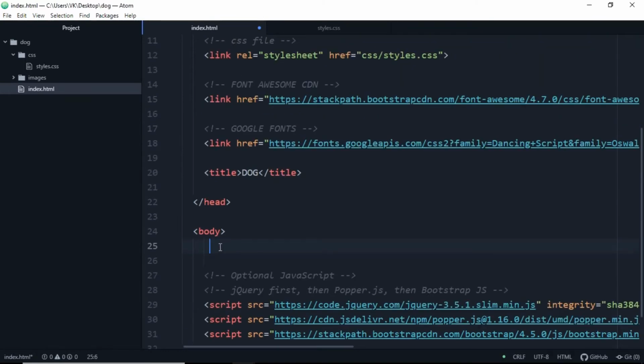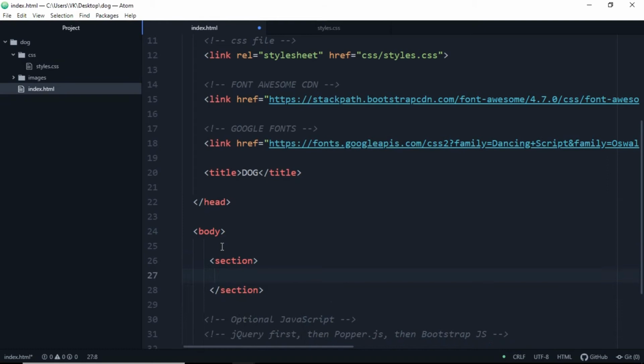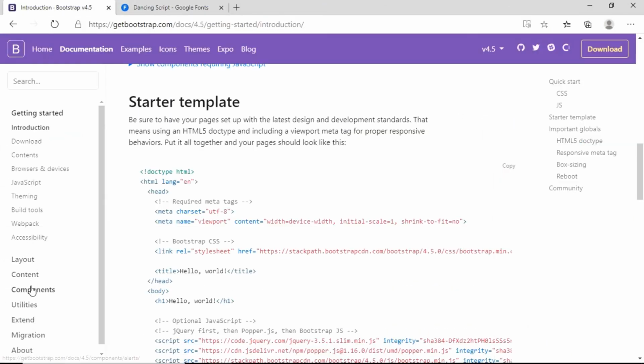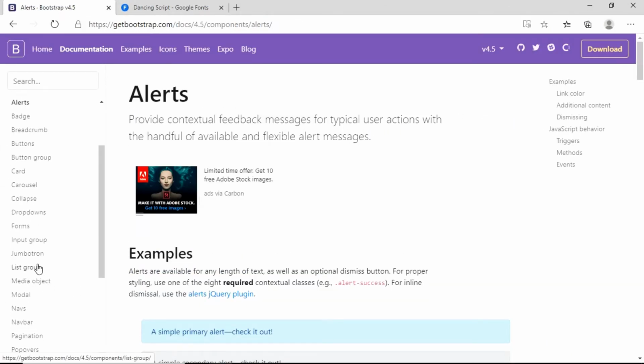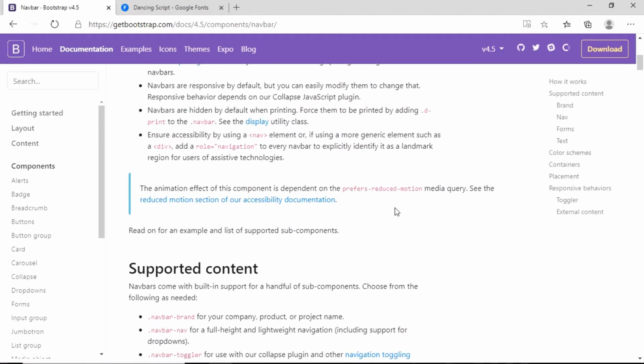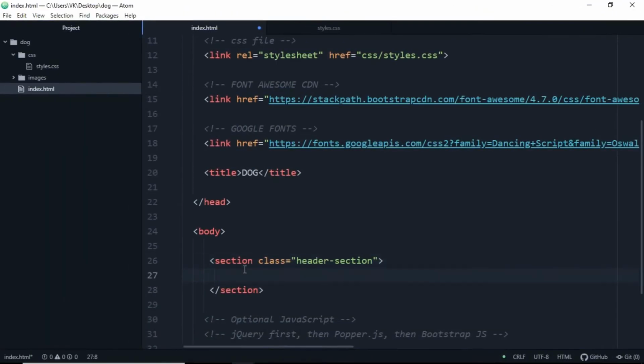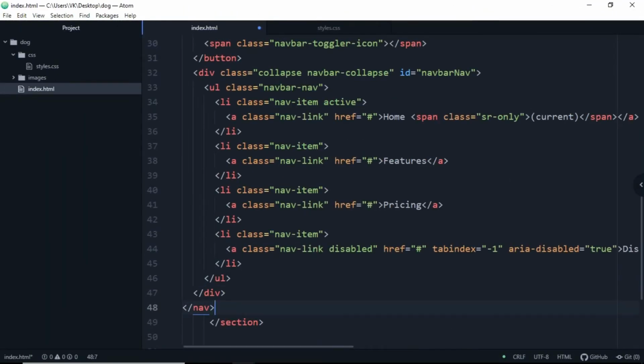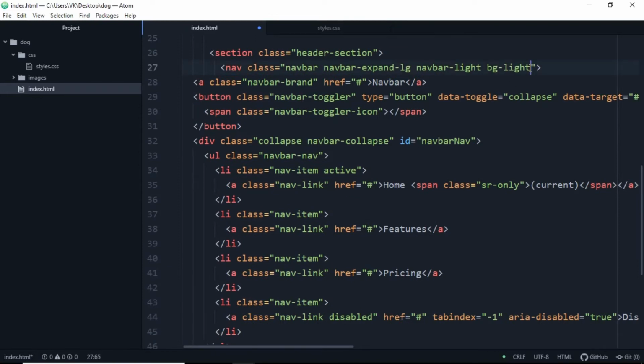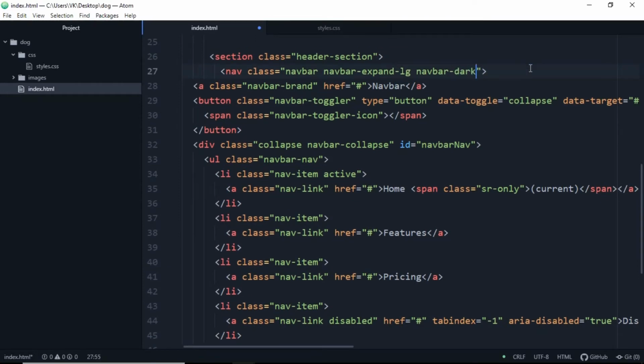We'll make a new section that is class header-section. Now let's go to browser and go into the component section and search for navbar. Let's copy out the starter template from here and we'll paste it here. Make this navbar-dark and remove this navbar brand and we'll add an image tag to it which has source